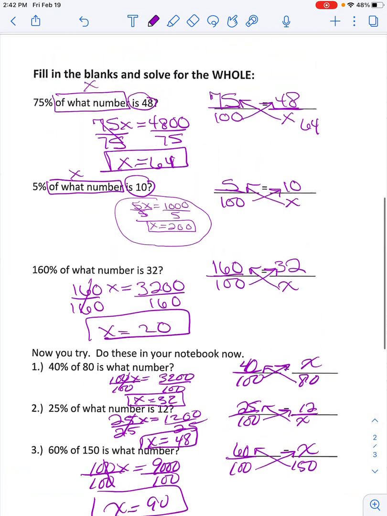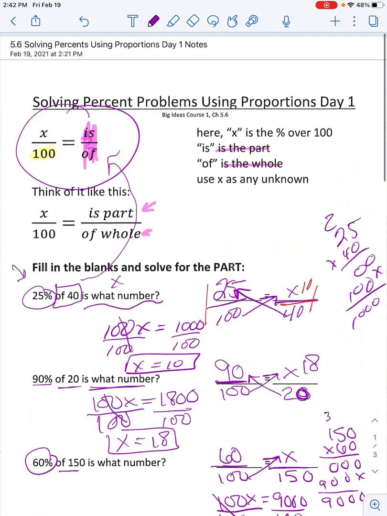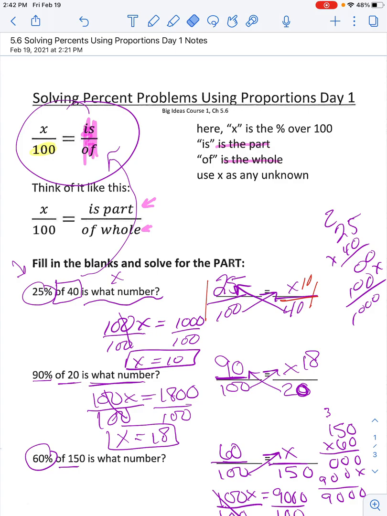Alrighty, periods 1, 2, and 3. Make sure yours looks like mine. Just remember, you're doing your is over of, percentages over 100, and then cross multiplying. Okay? Double check Canvas to see if there's another practice page that